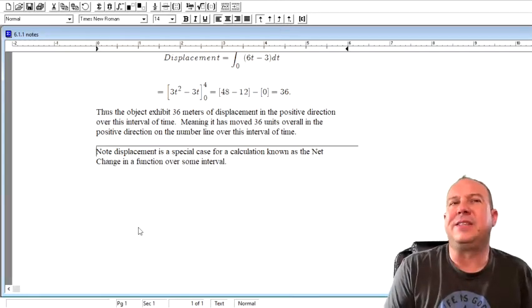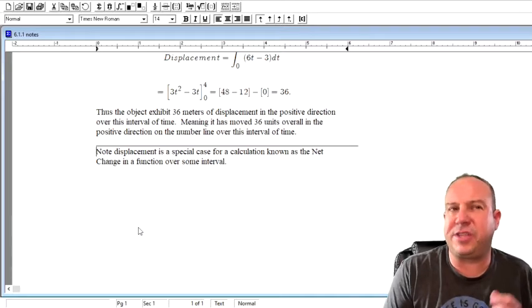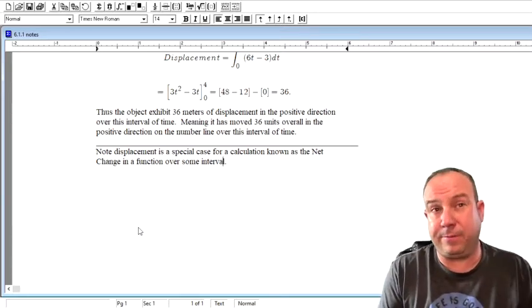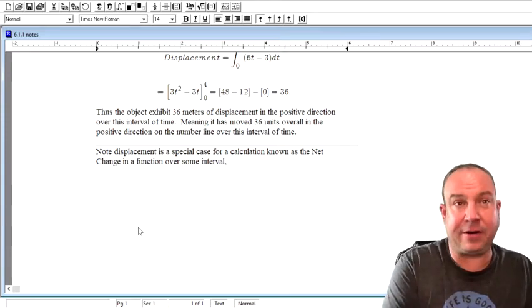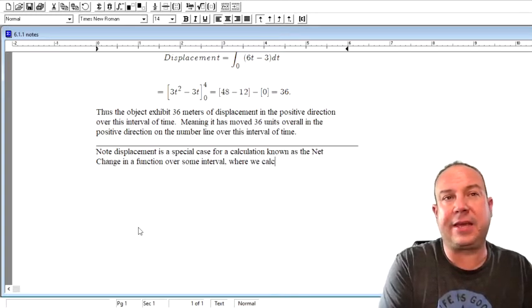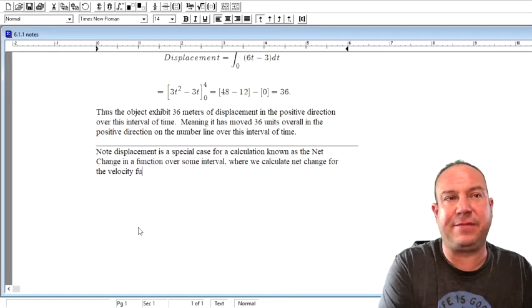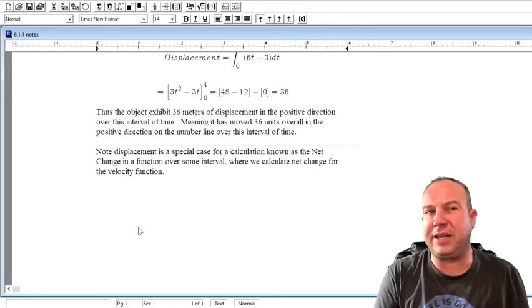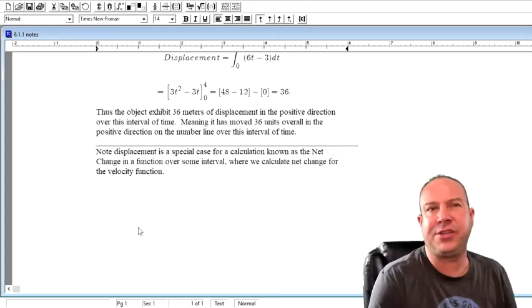Displacement is a special case for a calculation known as a net change in a function over some interval, where we might say here the function is where we calculate net change for the velocity function. All right, or what we're calculating there is a net change calculation